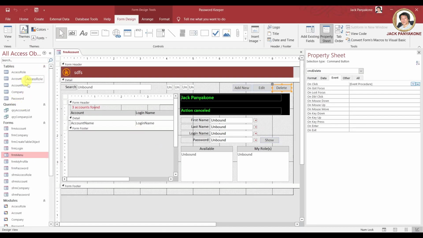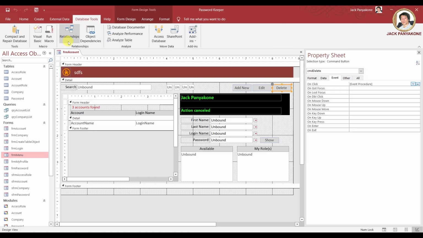Now we don't have the data diagram. If you add the relationship in the data diagram, you can delete an account, and it would automatically delete the rest of them if they exist. But the way we do it avoids using these relationships, because we're good at SQL, we understand